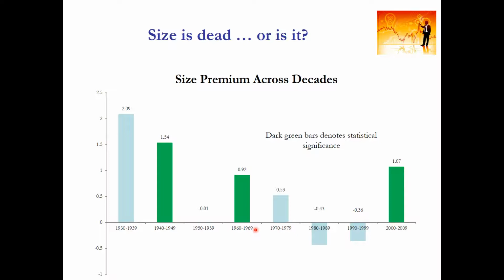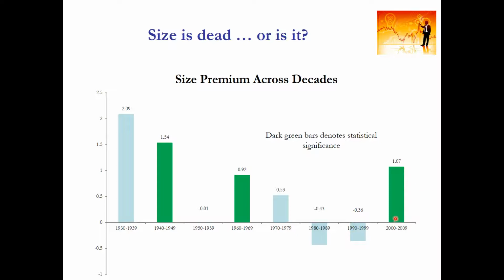This is Jeremy's point from his book, where studies started to talk about the disappearing size effect in the 1980s. We can see in the 1980s and 1990s the size premium was negative, as you can see here. This implies that large firms actually earned a higher return than small firms. However, we can look at the performance of small firms in the 2000s and we can actually see that